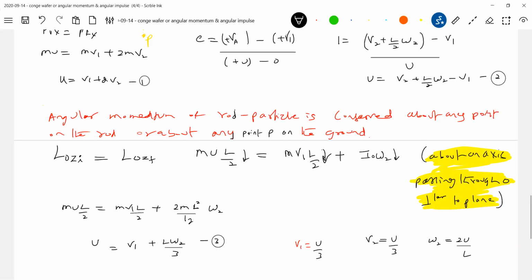Okay, so these are about the angular velocities here. Sometimes V1 will be negative. Negative means it will rebound. That's all. Because in an elastic collision, a lighter particle collides with a heavier particle, there's a possibility of rebounding. There's also a possibility the particle will come to rest after collision. Then in that case, directly write V1 equal to 0.